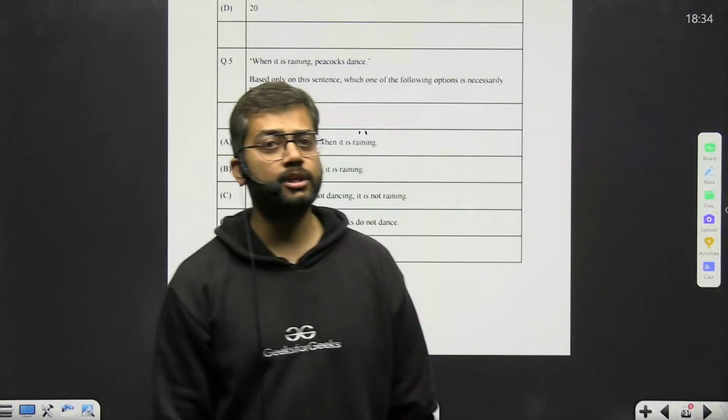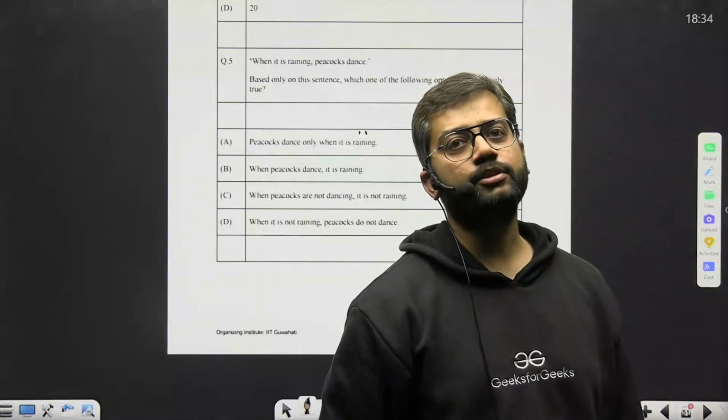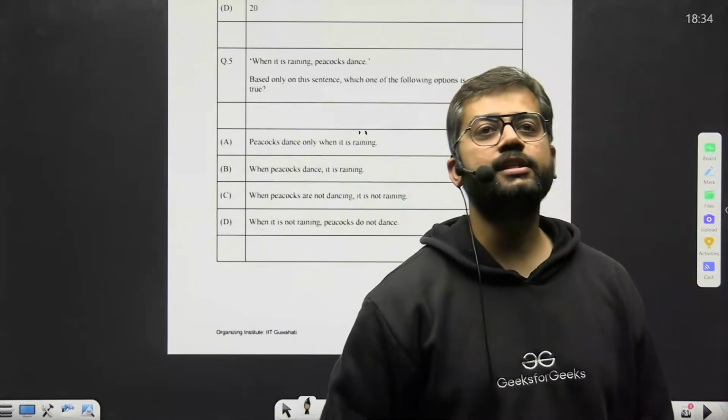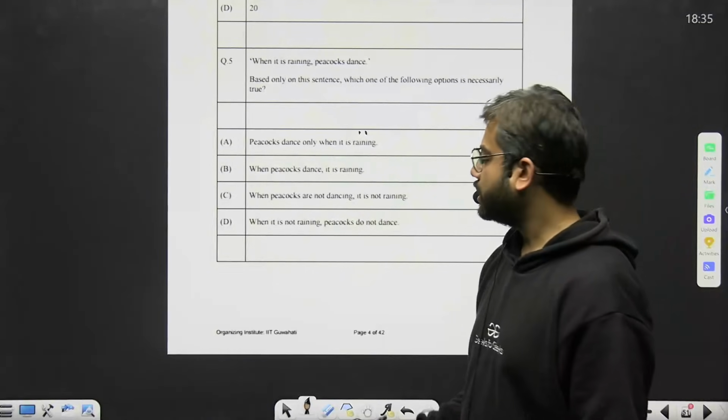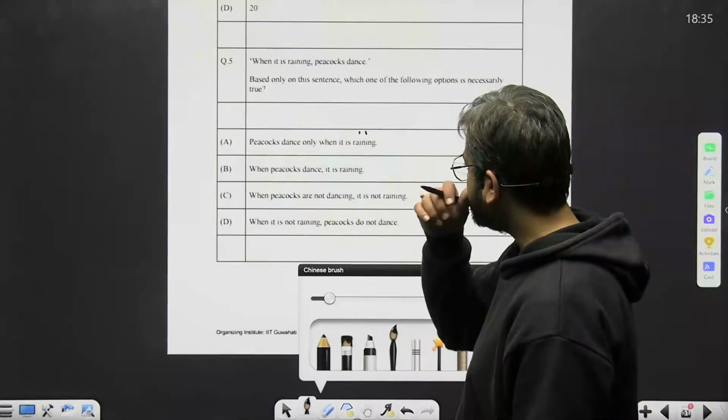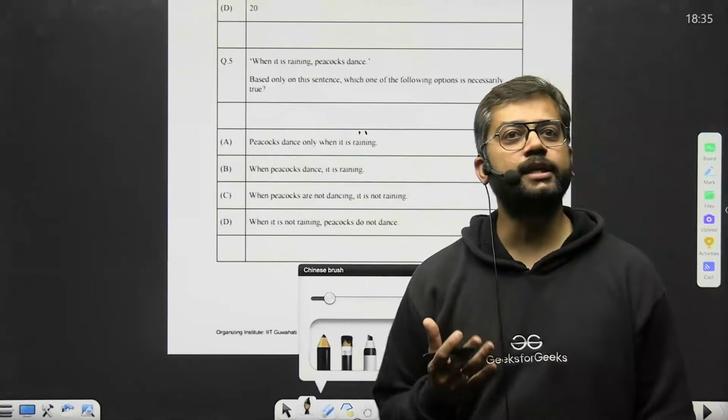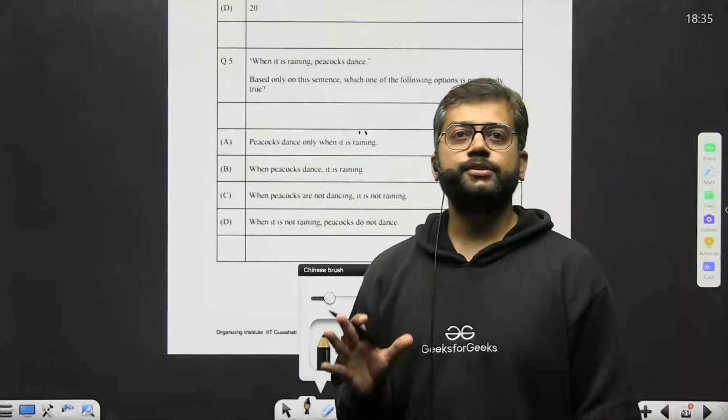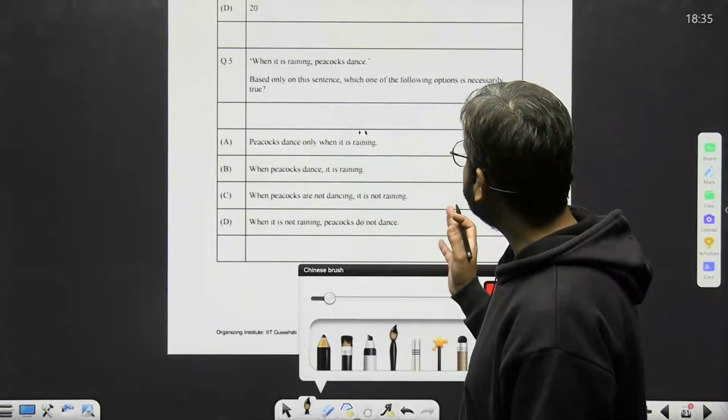देखो कुछ सिलॉजिज्म वाले पार्ट को भी इन लोगों ने काफ़ी यूज़ किया शिफ्ट 1 शिफ्ट 2 में, उसको इन लोगों ने इनइक्वलिटी के साथ मैच भी करा दिया, ठीक है। अब देखो जरा, पहला कह रहा है पीकॉक डांस ओनली व्हेन इट्स रेनिंग, देखो अगेन ये एक कंडीशनल लगा दिया, ठीक है। सो हमें पता करना था कि इसके बेसिस पर कौन